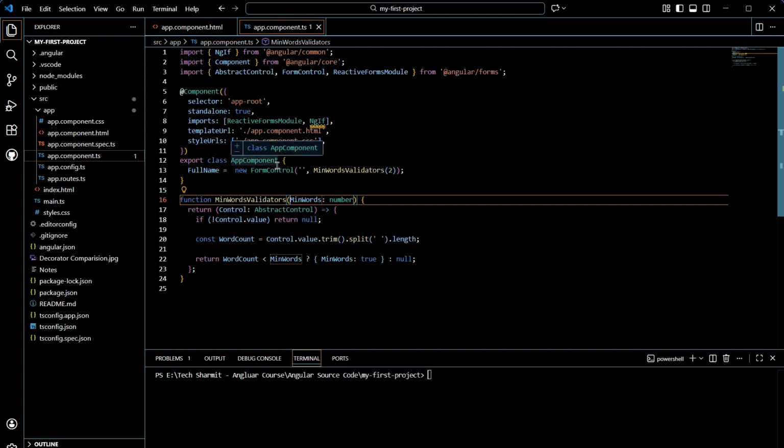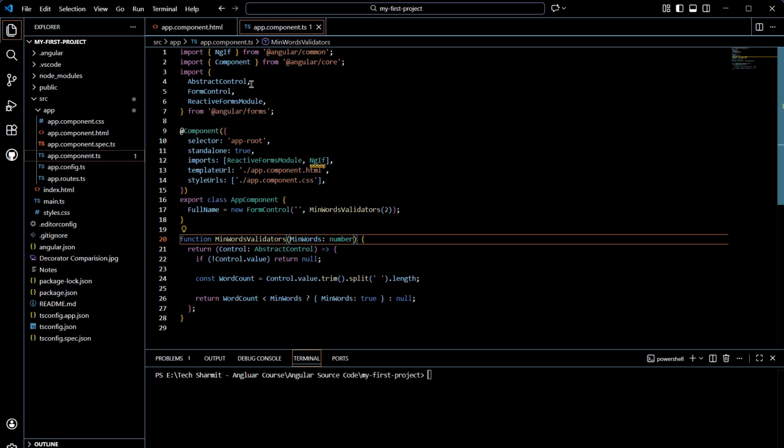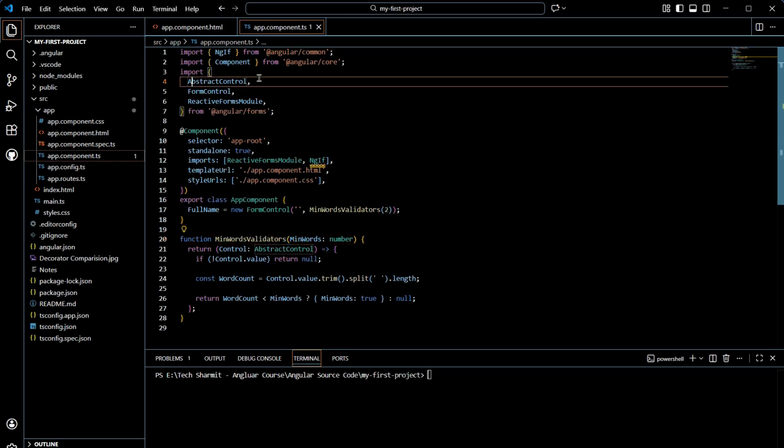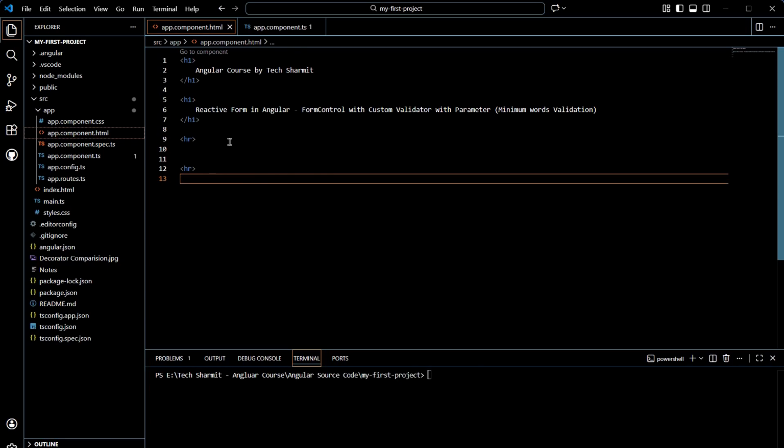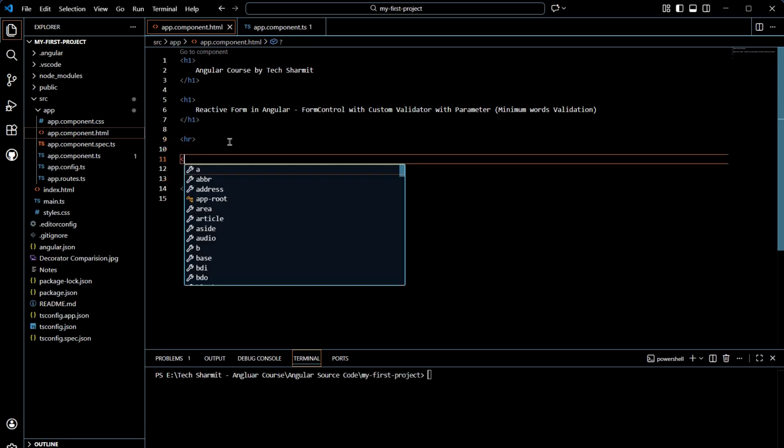I'm sure you already know the logic and you can customize it as per your need, but this is just an example to show you how it works. Just make sure all these things are imported: AbstractControl, FormControl, ReactiveFormsModule, all these things. Okay, now let's go to the app.component.html file. Here we will add the form,